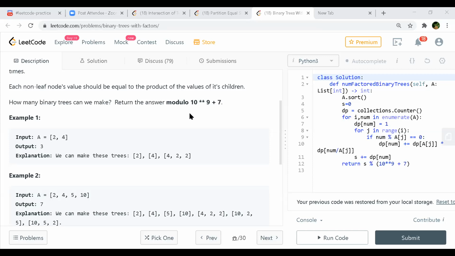And every node itself is a non-leaf node only, right? Every node itself is a leaf node or not? No, there's nothing like they mentioned that. They are just given an input, right? So the only property that they are saying, if we have to construct a subtree, is that whatever the non-leaf node is, its value will be a product of its leaves. That is the property that they have given, and that is the only thing they are looking for.